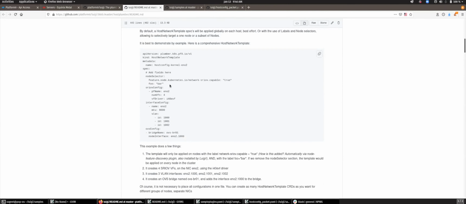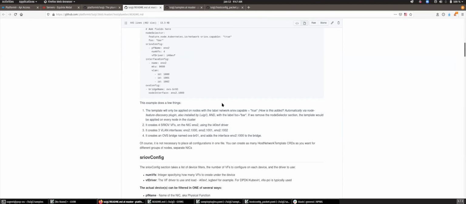This is just a more comprehensive example, to show what a full config template might look like. You don't have to put it all in one config template. You can split them up per section and just apply a different template. As I mentioned, you can apply as many as you want, targeting different nodes using labels.